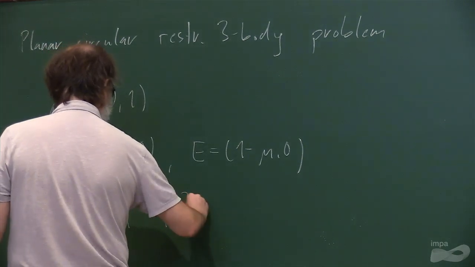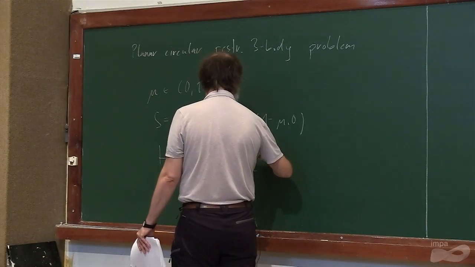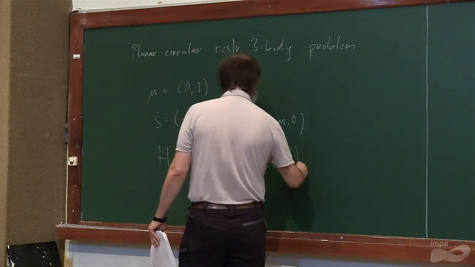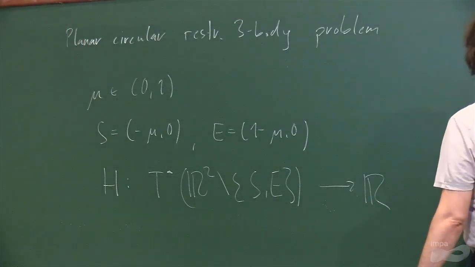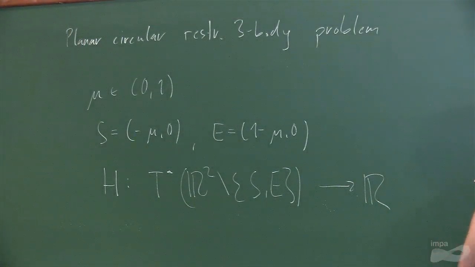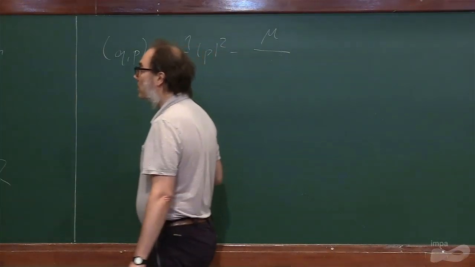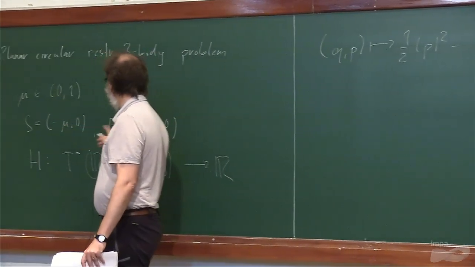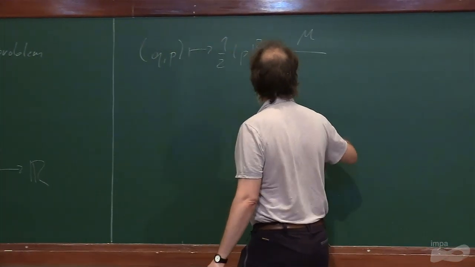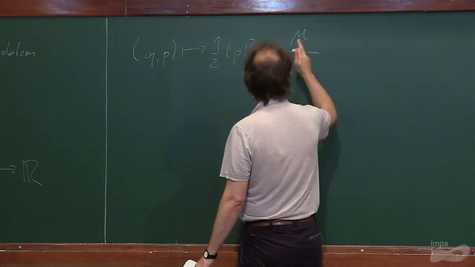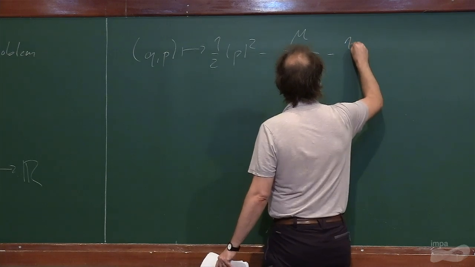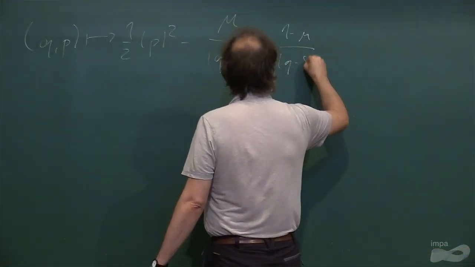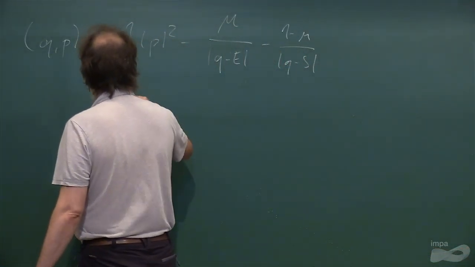From R^2, we take out the collisions, Sun and Earth, to R. (q, p) is mapped to 1/2 p^2 minus, so mu is the mass of the Earth, so we have the gravitational potential of the Earth, mu over |q - E|, minus (1-mu) over |q - S|,